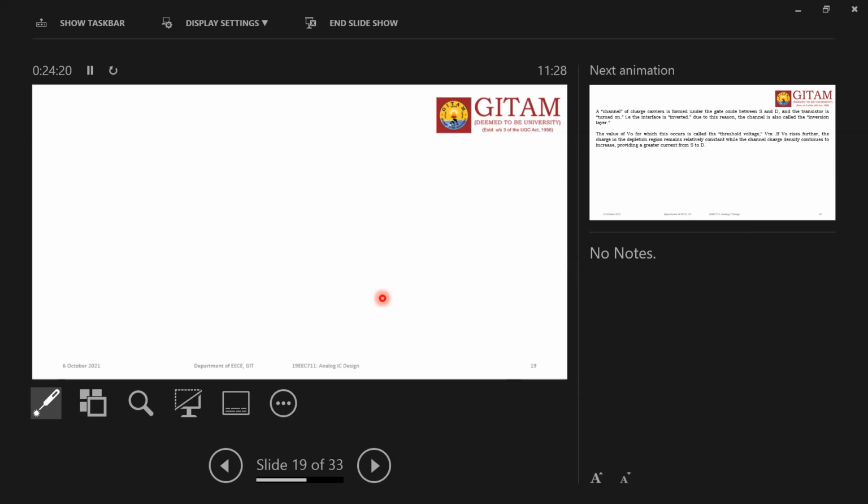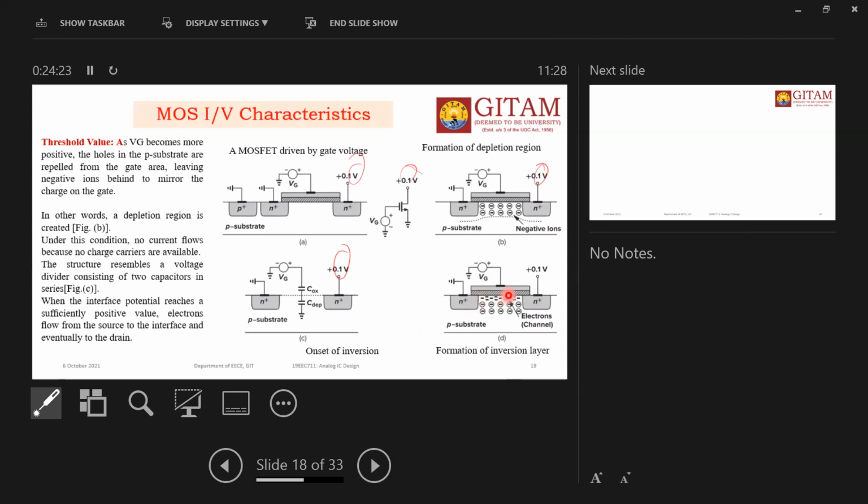I can show you this picture once again. Here the channel is already formed. This is the depletion layer, down here. For example, you can count how many charges there are: 1, 2, 3, 4, 5, and 5, so 10 charges. This is the depletion layer, and this is the channel. Got my point or not? Once the channel is established, even though you are increasing the gate potential, the number of charges in the depletion layer is constant. There is no increase in the charges.